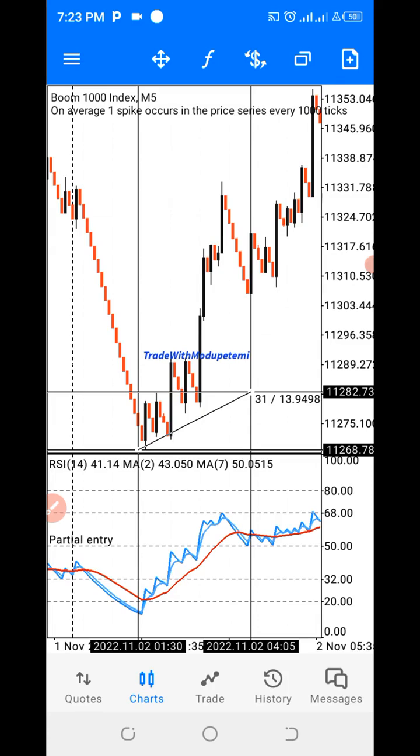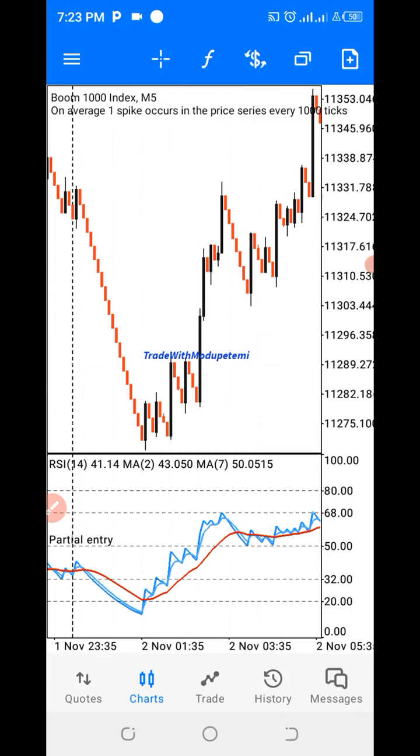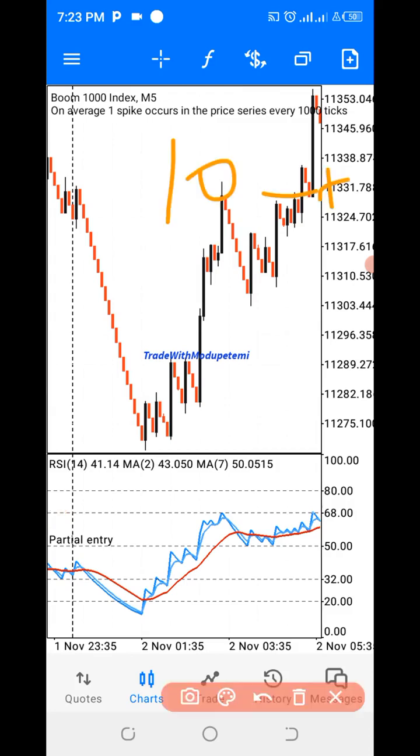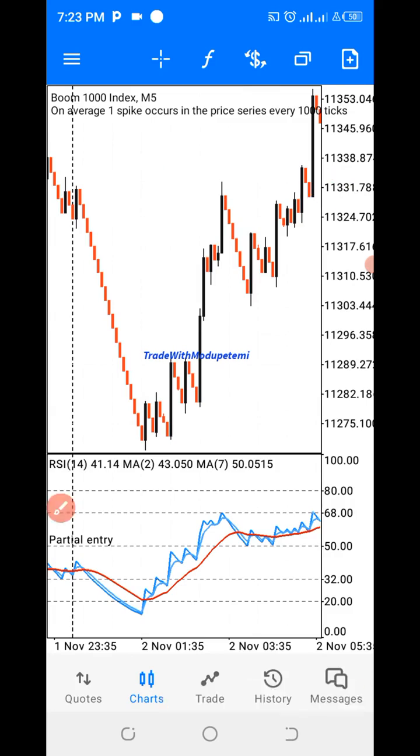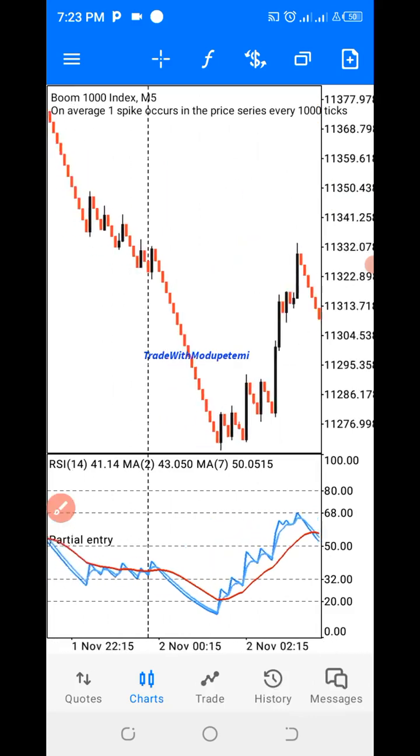So for those of you that understand price action very well, by the time you look into this section here,